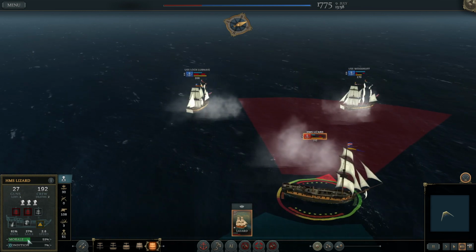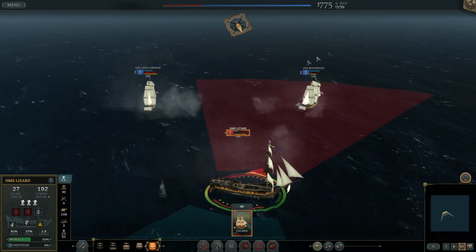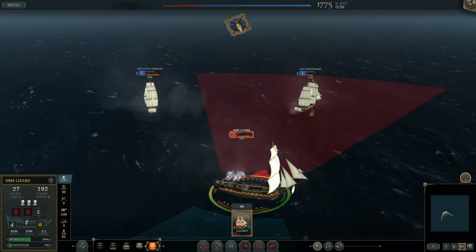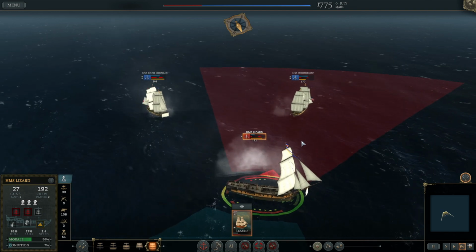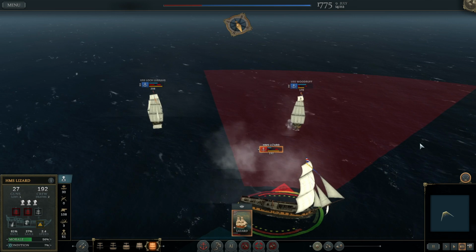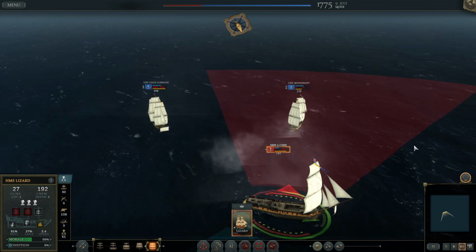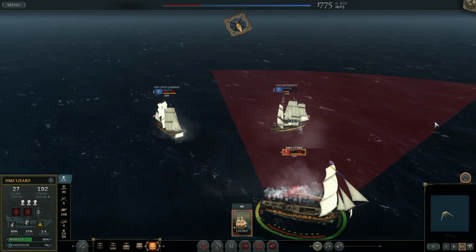What's my crew's morale? Condition is not good. Well, morale is 53. Maybe we can fight the ship till it sinks. Hey, we took... Is it the jib boom? Whatever the foresail thing is, that little mini sail on the front. We knocked that out. Ships should not be fighting under this much sail. I mean, I know I am, but...